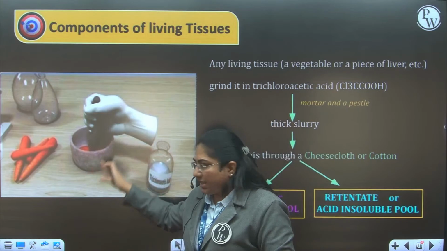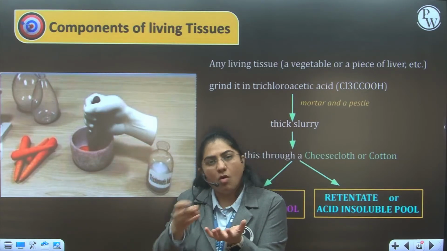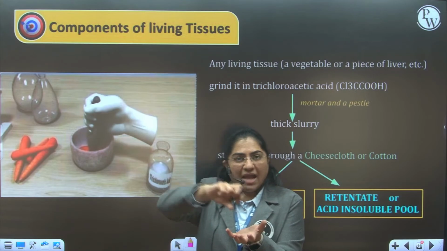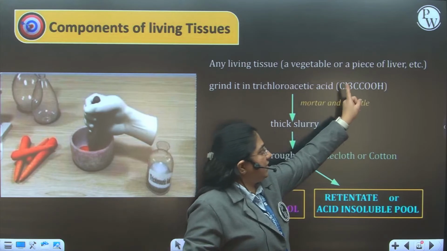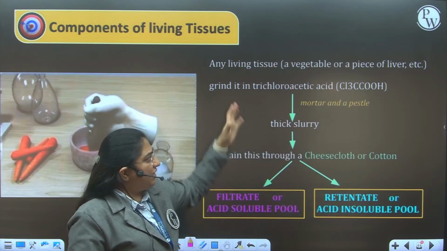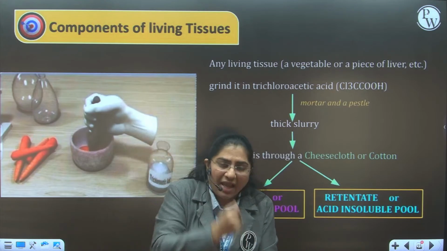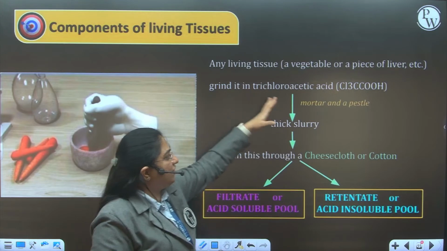We take a small piece of liver or vegetable tissue and add trichloroacetic acid, Cl3CCOOH. When we grind it in the mortar and pestle, we obtain a thick